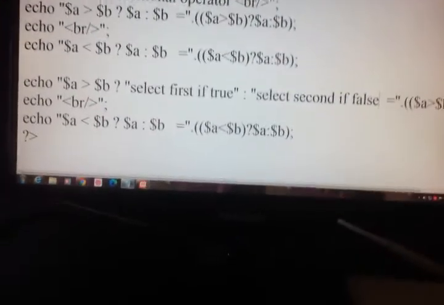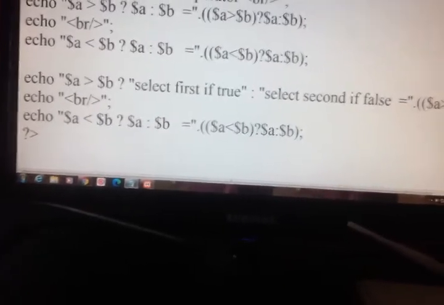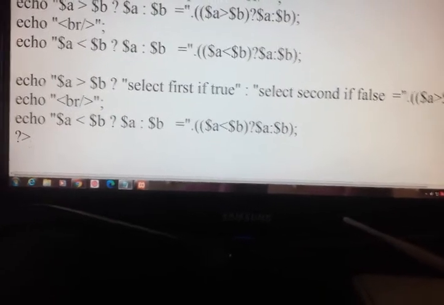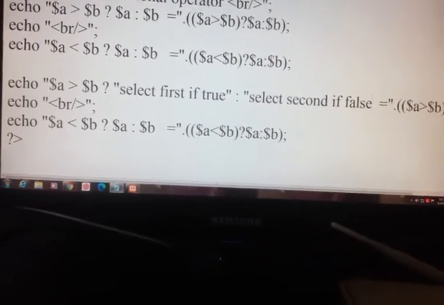I have given a string like $a greater than $b, then select first if true, colon, select second if false.